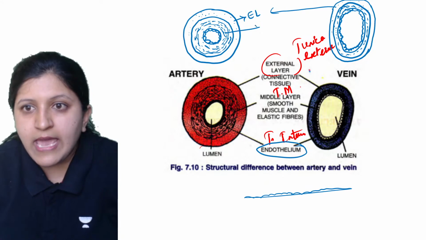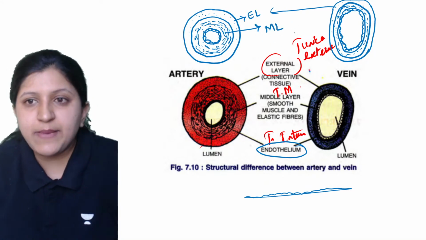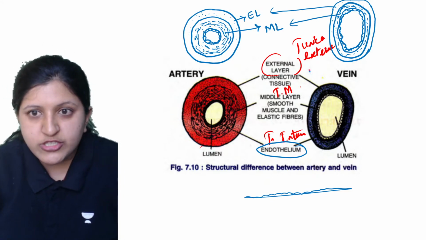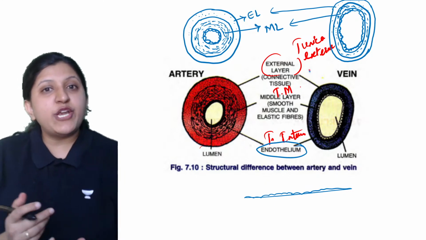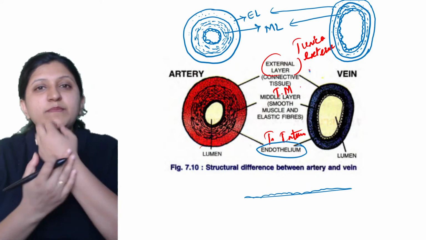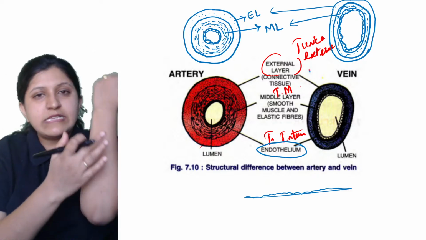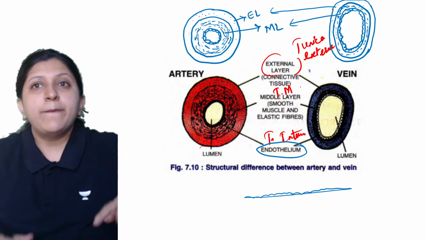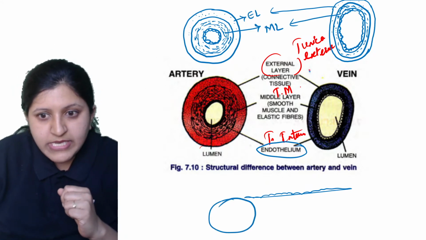So this one can be your middle layer. So there is a middle layer which is basically made up of smooth muscle. Then you can see this structure, so only one line you need to draw, and that is the endothelium. So instead of an epithelium, what is epithelium? It is an epithelial lining which we have, right? For our cells also, skin cell is epithelial, so it is lining on the outside. Now you know inside the blood vessel it is lining. So now this is a blood vessel. Inside, the epithelial cell is